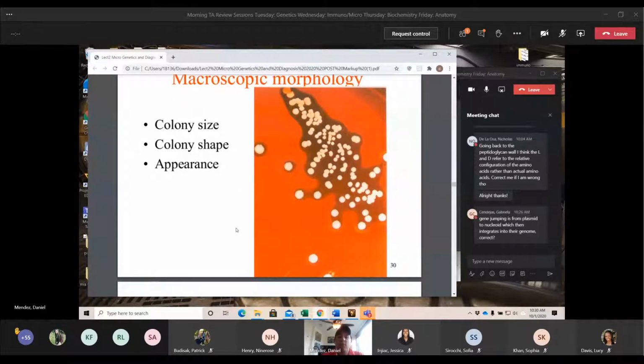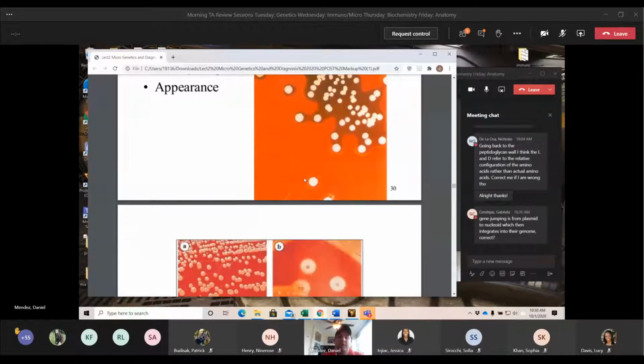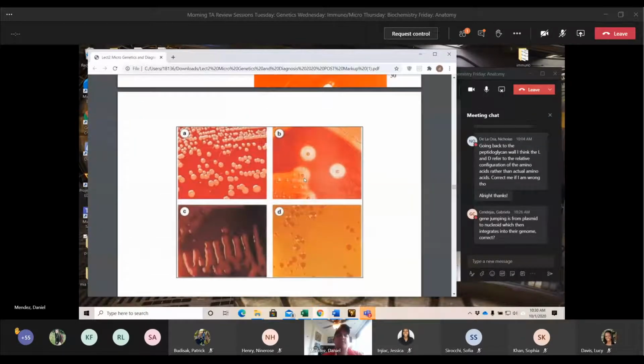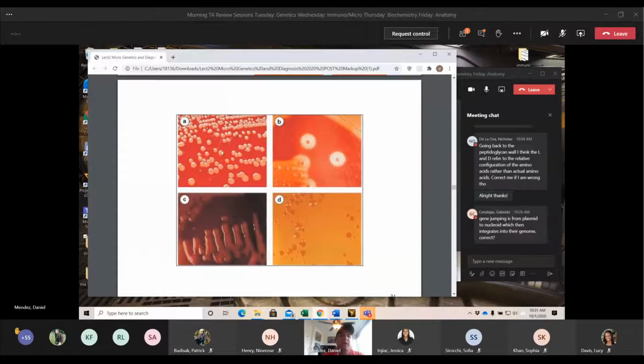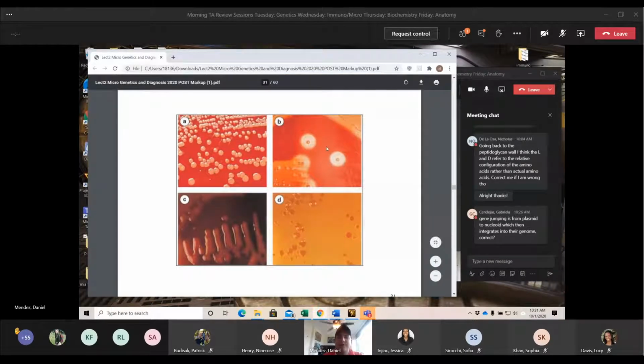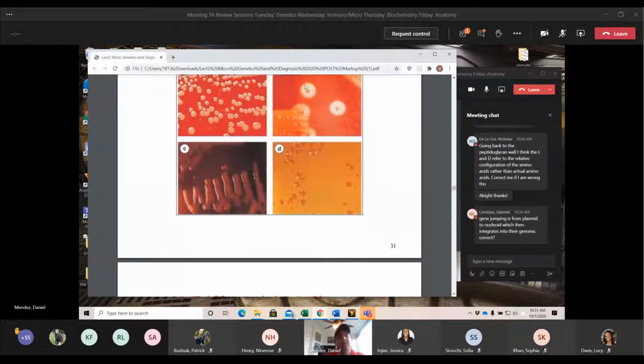So right now it's not something too pertinent, it's just an overview, but next block you will have to know that. Here are some different examples of selective and differential media. We have blood plates here, we have MSA at the bottom right, and an EMB on the left. You don't have to know these examples. They'll be referenced later on in block 2, but this is just to give you an idea of what they look like.